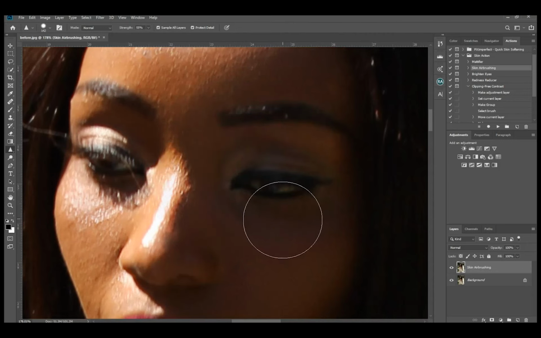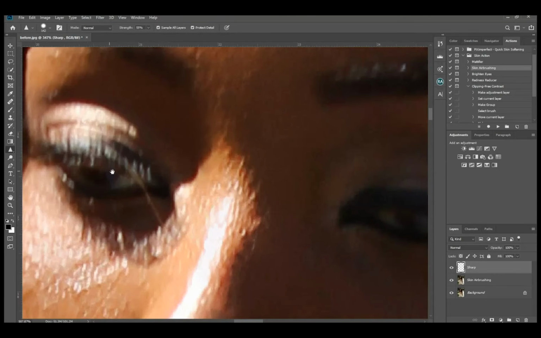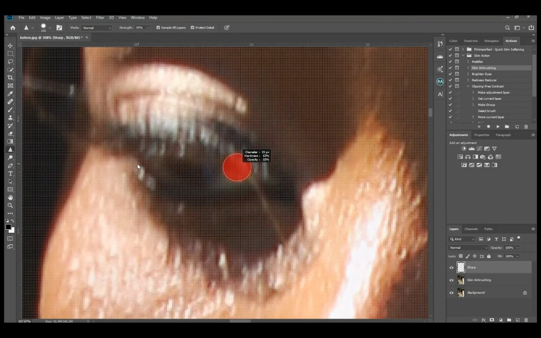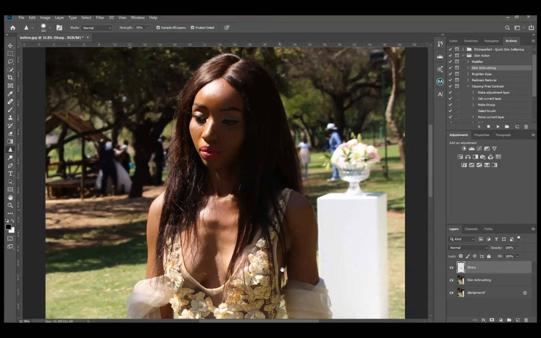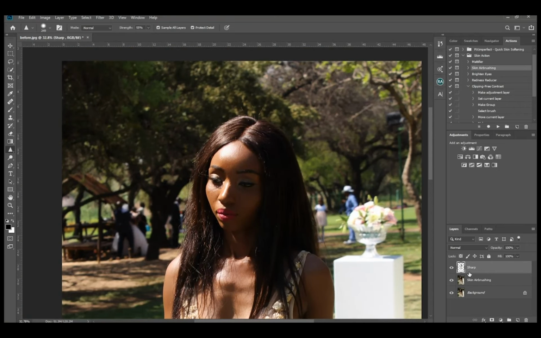create the new layer, just rename it to anything, sample all layers and start brushing the areas that I want more focused. After you're done sharpening, as always, highlight both layers, right click, merge,